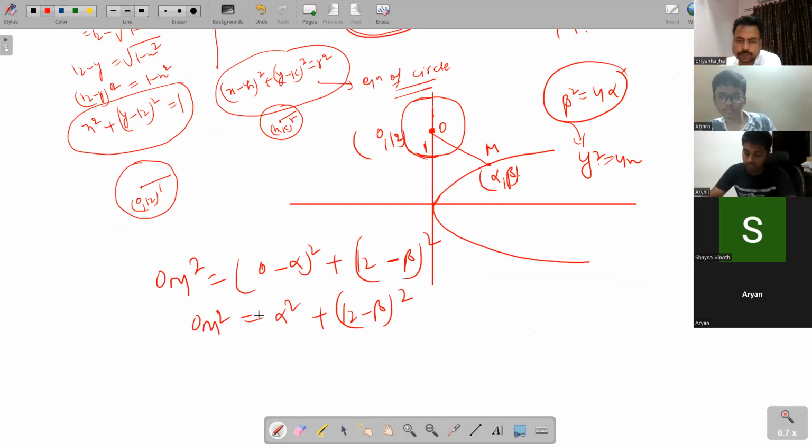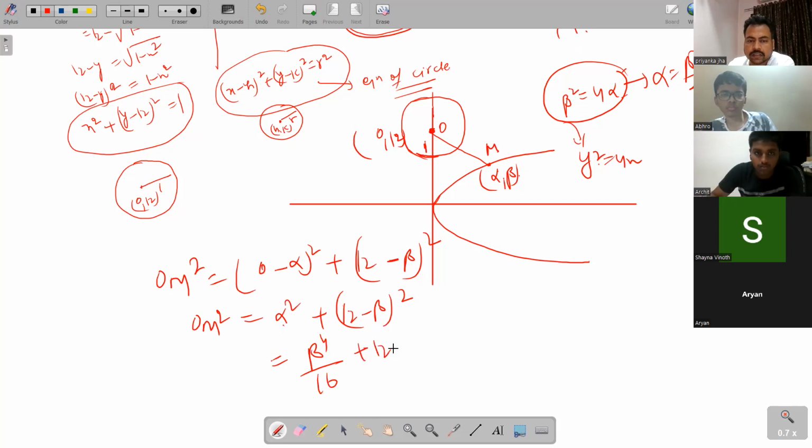Now just replace alpha here, because now we have two variables here. So reduce the variable. Alpha is beta square by 4. So just put here, this will be beta raised to 4 upon 16 plus